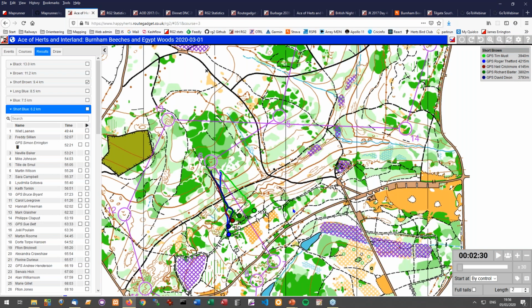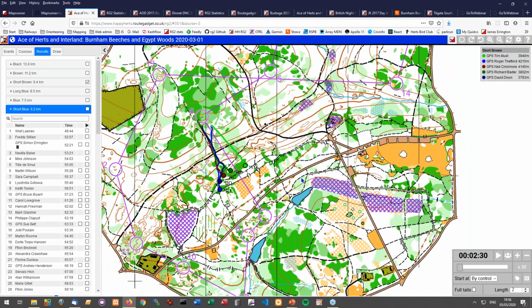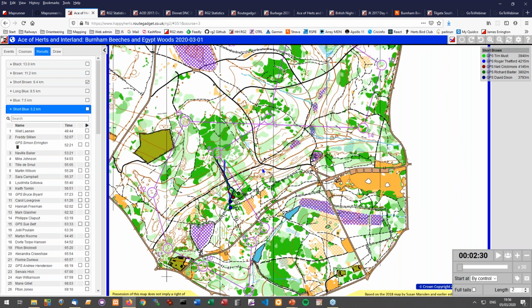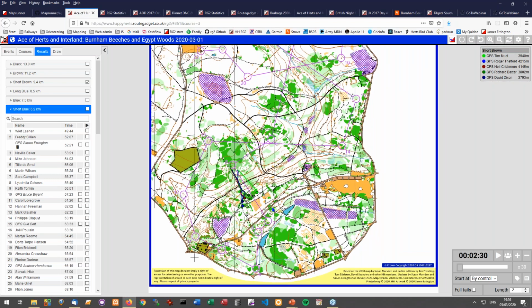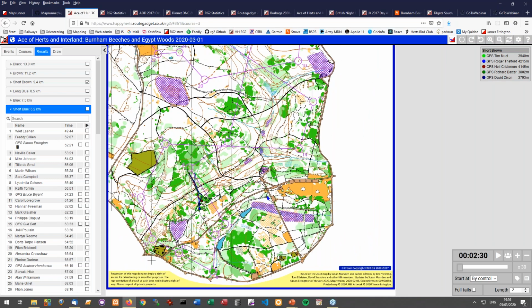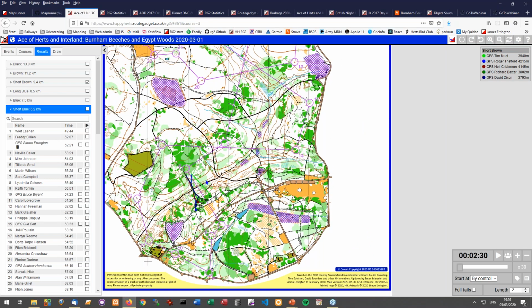Paul Frost used to try and charge, but what he found was it was actually more complicated to get people to pay. Does British Orienteering give you any funding towards it? Well, they don't, in that I've never really asked. This is just something I do because it's interesting, and I'm quite happy to do it. It's the equivalent of going to an event once a year. Any of the funding that's necessary, I cover, on the basis that it's something that interests me.